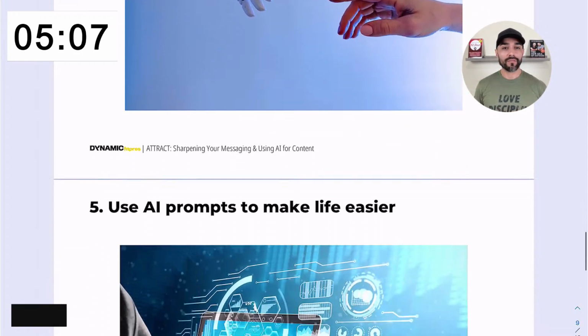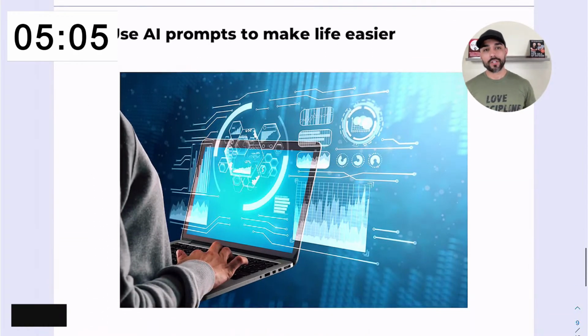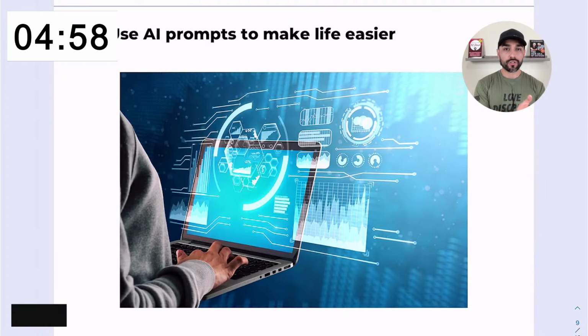Okay. The fifth thing, use AI prompts to make life easier. That's why I'm going to give you guys 5 different prompts on here just to make life easier. Because again, you can sit there and get this ChatGPT, but then you're like, shoot, what the heck do I do with it? I'm sure there are YouTube videos by now and all that type of stuff. Quote unquote experts out there say that they're ChatGPT experts. Watch out for people like that. This software is still new. I don't think there are experts out there by now.